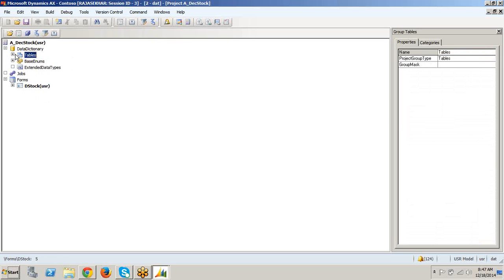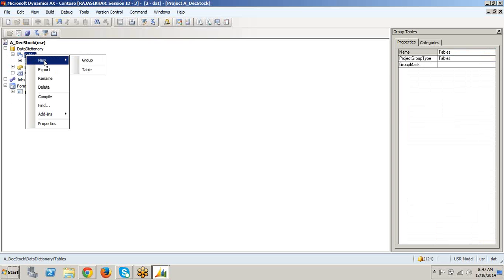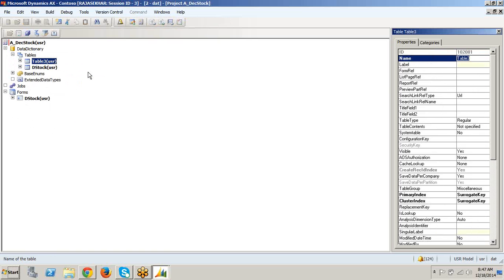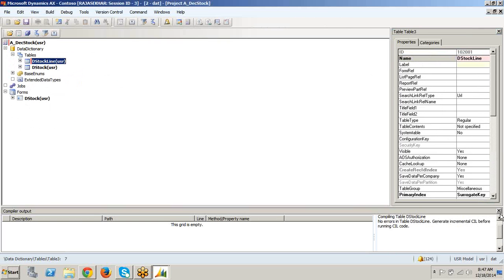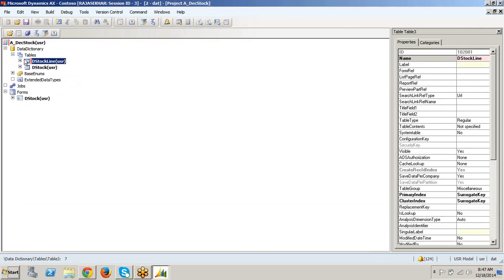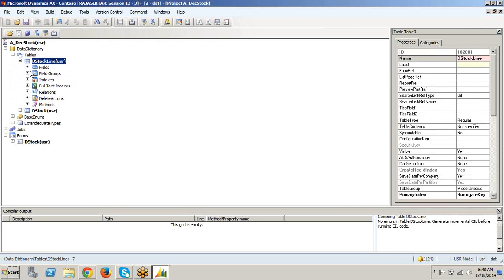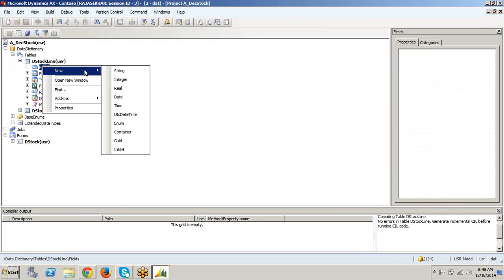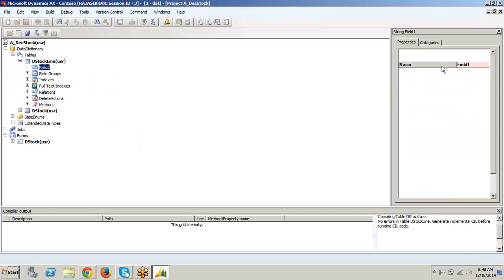I'll create one more table here. I click new table. This stock line, fields, right click, new string.